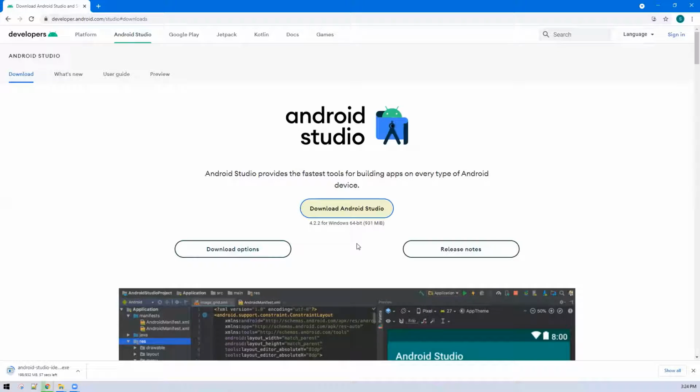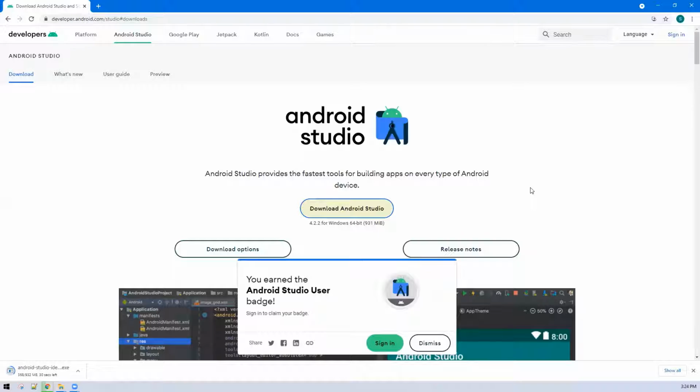And keep it in mind that you must be connected to the internet while setting up the Android Studio in your system. Otherwise, it will not be able to download the necessary components.